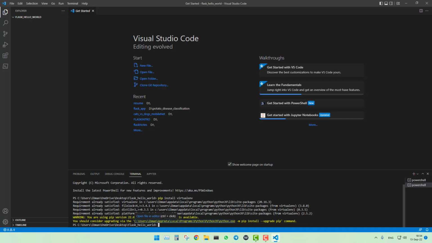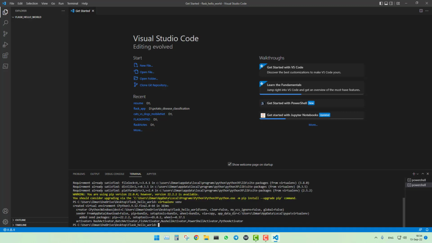And then you have to create a virtual environment using the command virtualenv and the name of your virtual environment. Venv, it's the common name. And after creating a virtual environment, you have to activate it. How to activate your virtual environment? In your virtual environment, there is a folder called scripts, and inside there is a file called activate. How to access that? You type